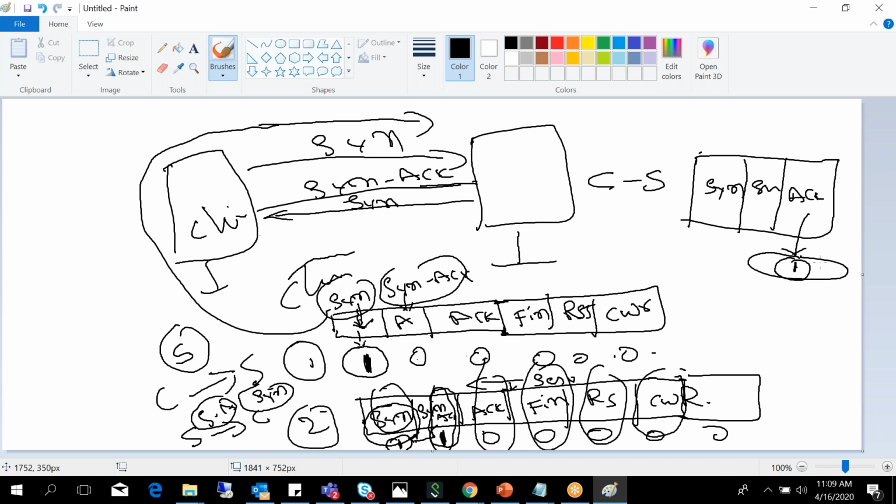Got it? Sorry, just confusion here. We have to remove the SYNACK. There is no SYNACK, only acknowledgement. So first, the SYN packet is set to 1. The second phase is acknowledgement along with the server's own synchronization packet. The third one is again an acknowledgement, for the server's own synchronization packet.